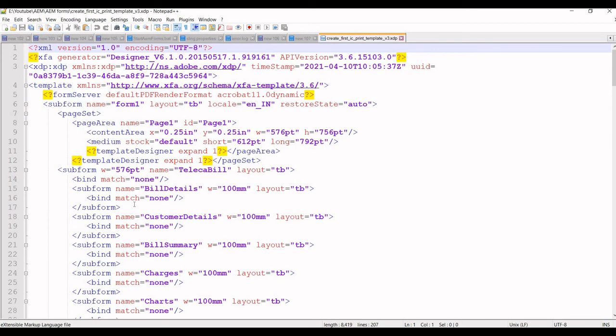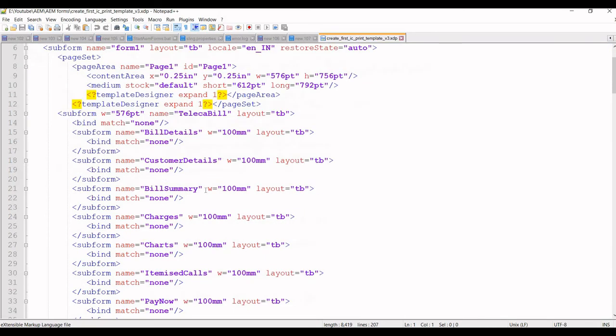Basically it will generate as a kind of, like we have an XSD file, similar to that. One thing to notice here, we see this W field here, which is nothing but width.